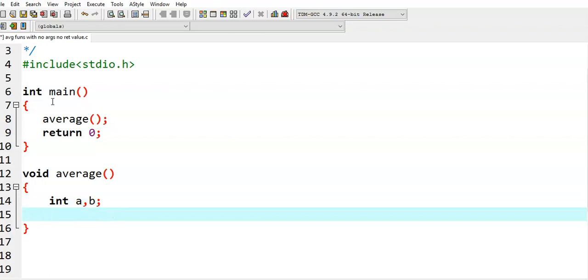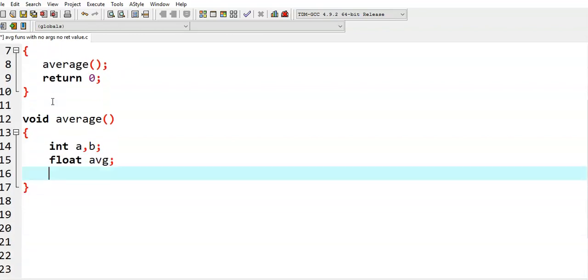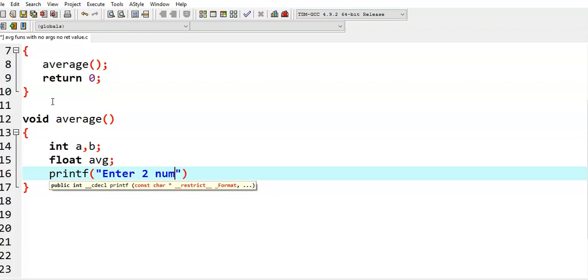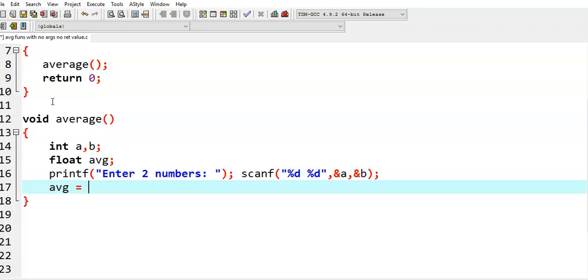Whenever we are performing division operation, then there may be chances that we may get a floating point value. That's why we declare average variable as float variable, and then printf enter two numbers, scanf ampersand a comma ampersand b, and then we calculate average value. Average is equal to,